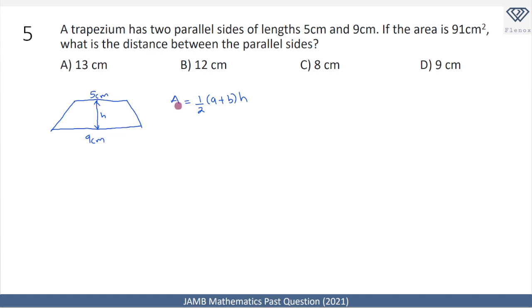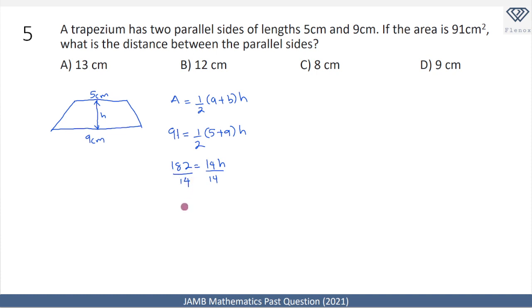Now we've been given the area in this case. So we know that 91 will be equal to half. Now we know the length of the sides. The first length is 5. The second one is 9. And we're told to find the height. So 91 times 2 will give us 182, which is equal to 9 plus 5, which is 14h. So if we divide both sides by 14,